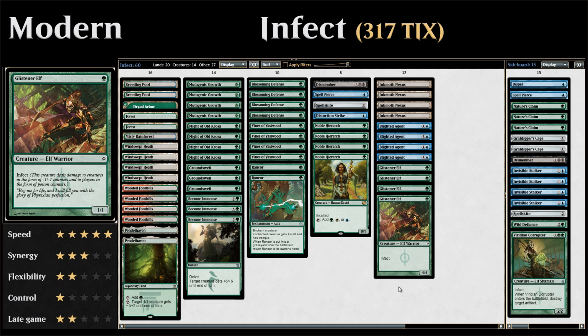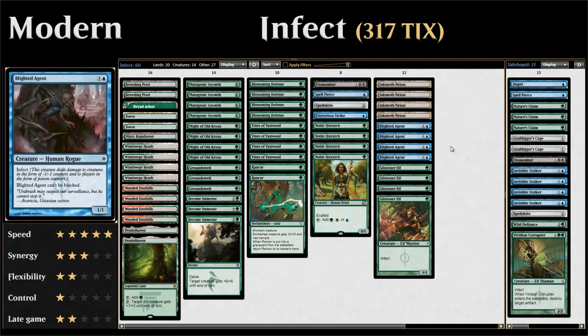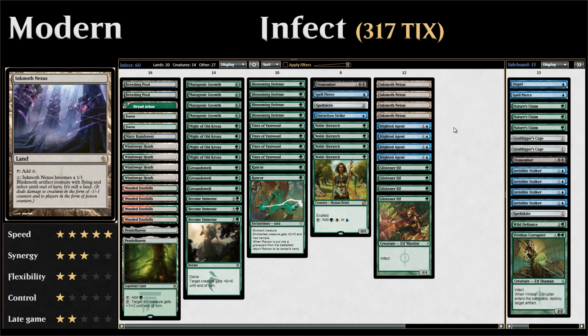So taking a look at our Infect creatures, we've got 4 copies of Glistener Elf, 1 mana for a 1/1 creature with Infect. We've got 4 copies of Blighted Agent, which is 2 mana for a 1/1 creature with Infect that can't be blocked, and 4 copies of Inkmoth Nexus, which is a land that turns into a 1/1 creature with Flying and Infect. So those are the 12 win conditions in the deck, and then most of the rest